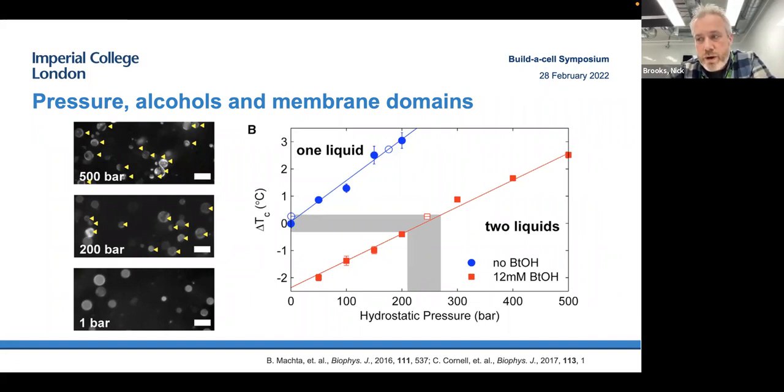which cause this pressure reversal, but there's also plenty of evidence and thinking that it must be either a protein effect or in fact a whole organism effect as well. But this was a really lovely piece of combined work where we were able to look at GVs, so giant vesicles, and cell membrane extract, so giant plasma membrane vesicles, basically cell blebs, and in both cases we're able to show that the extent